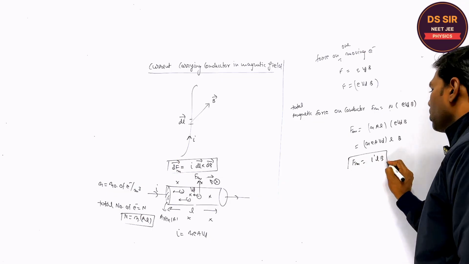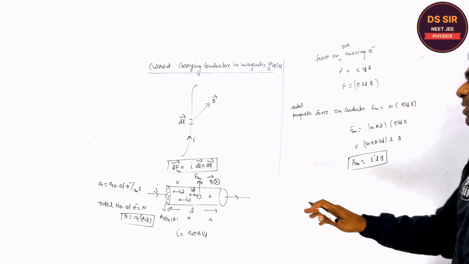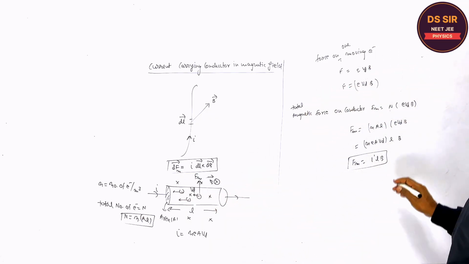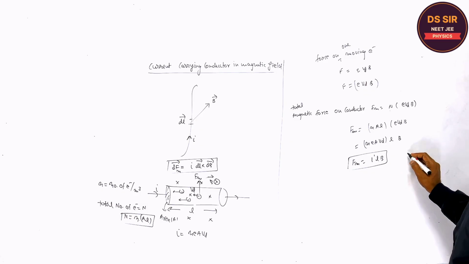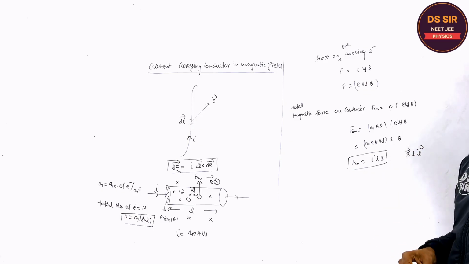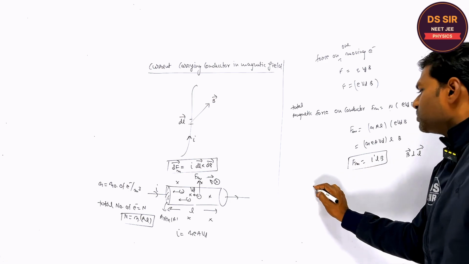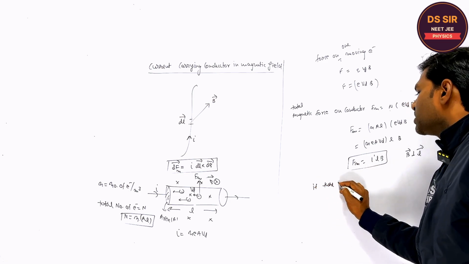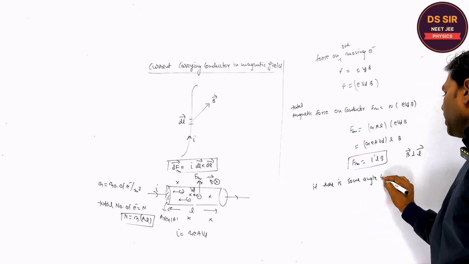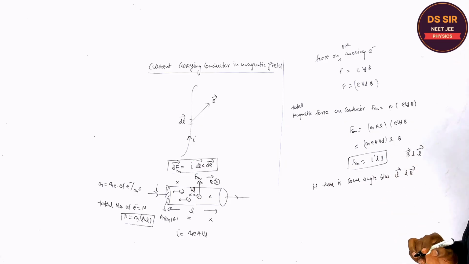ILB. Is it clear or not? This is the case when the magnetic field is perpendicular to the length vector. Are you getting it? The magnetic field is perpendicular to the length vector. And if there is some angle between the length vector and the magnetic field vector,